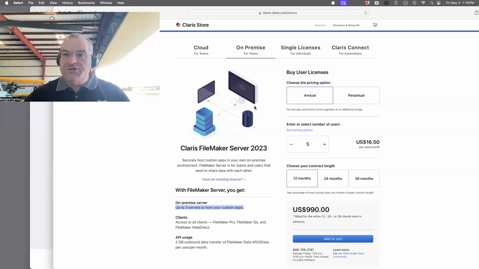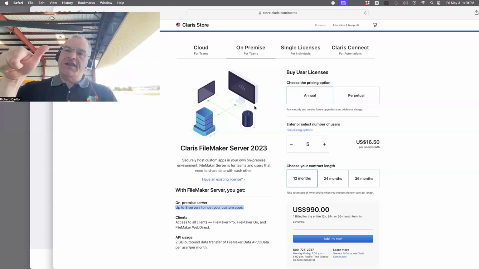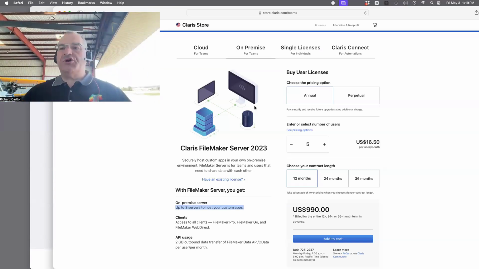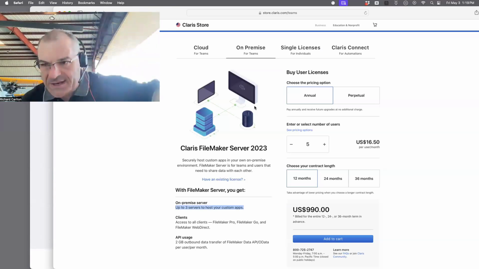Okay, where can you install that? On Mars, if you want. If Elon Musk goes to Mars with a Linux computer, he can hire Jacob. Jacob goes and installs FileMaker Server off the planet, on Mars.